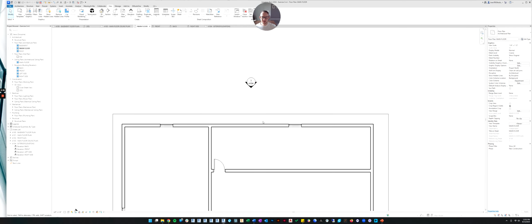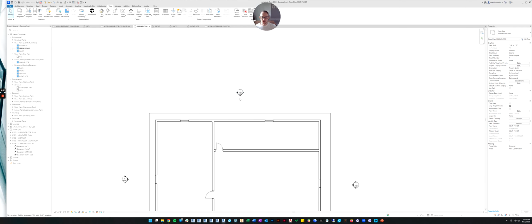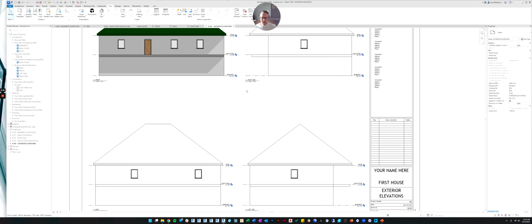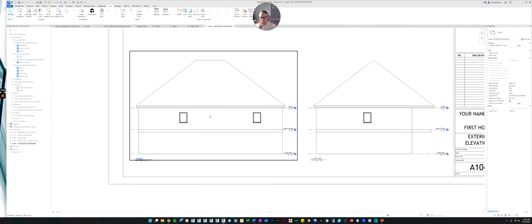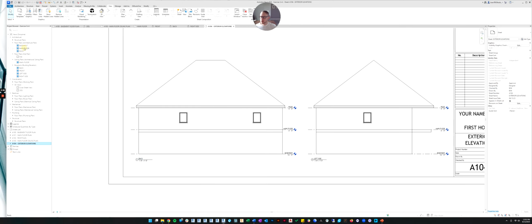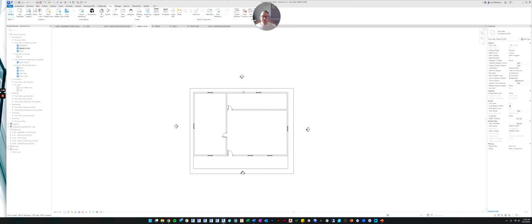So if you want to see what this tag is trying to show you, you need to go to A104. So let's go to A104 and we're going to look at view 3. If we did this right, it will say it's the back view. So view 3, A104. Let's go to 104, look at view 3 right here, and look, it's the back. So you're going to find that interior elevations do the same thing.